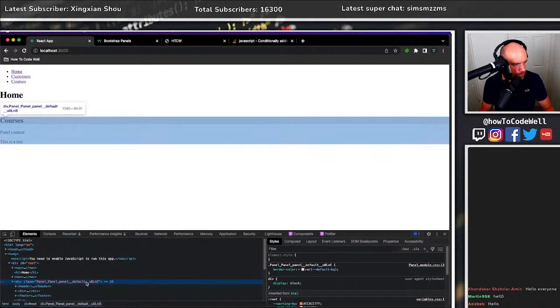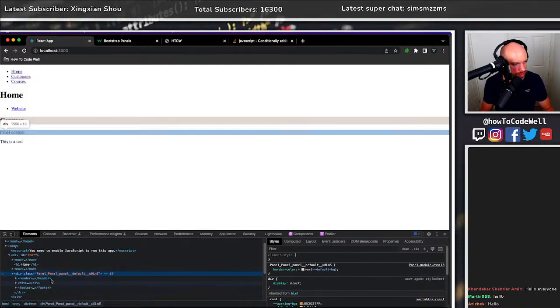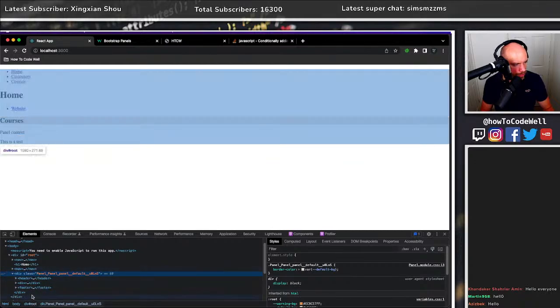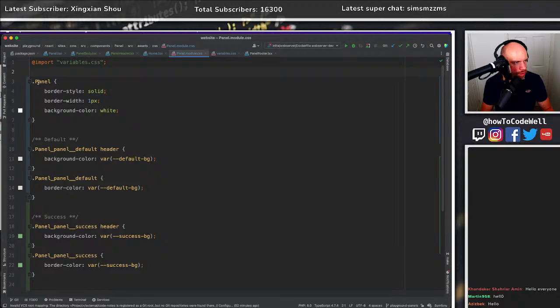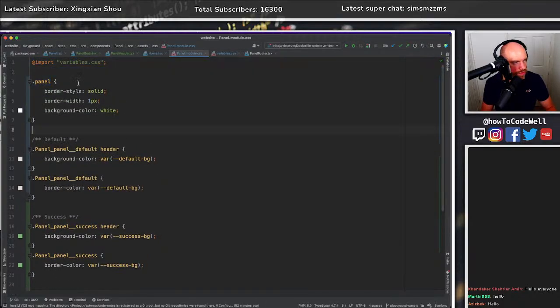Panel default. I essentially need to have another thing, don't I? Because we're saying that everything is default, but that's not true. Well, it is true in this case, but I kind of wanted something else. So that's just clearly not going to work, is it? So what we need to do